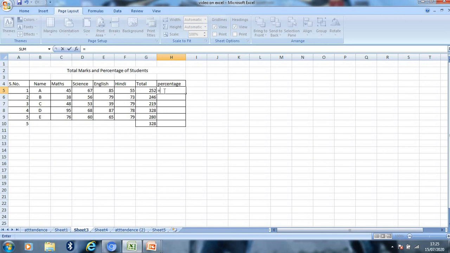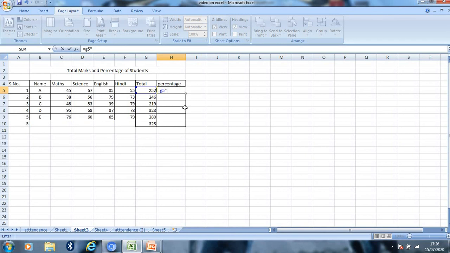by the maximum marks. So here the total is contained in the G5 cell, so I am typing the address G5 multiplied by 100. For multiplication we use the star symbol.